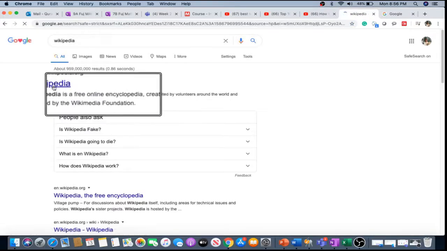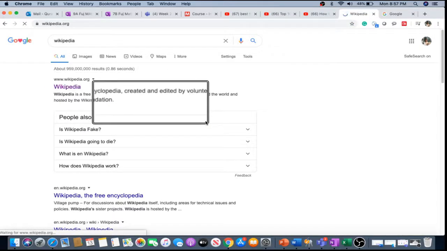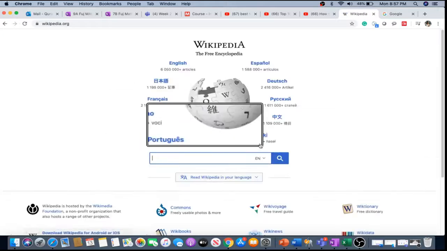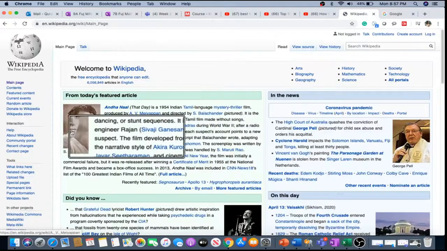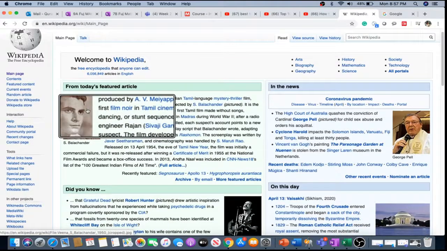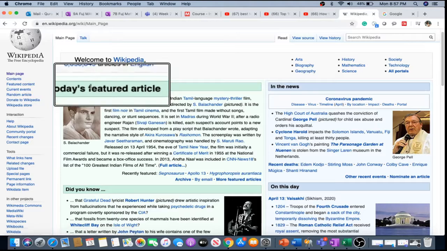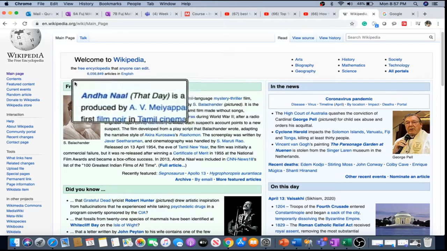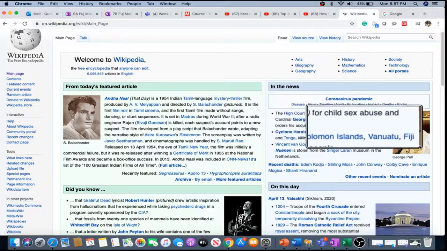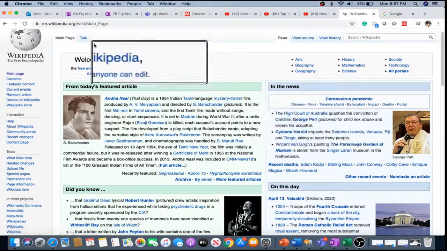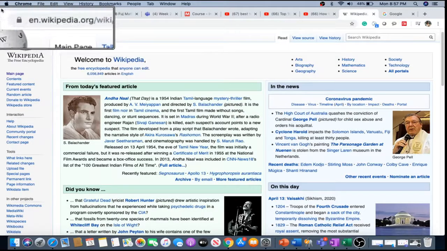We can click here, click English, and you can just press the control button and zoom like this. You can easily read the words if you want to read from far away. And there is another example I'll show you.